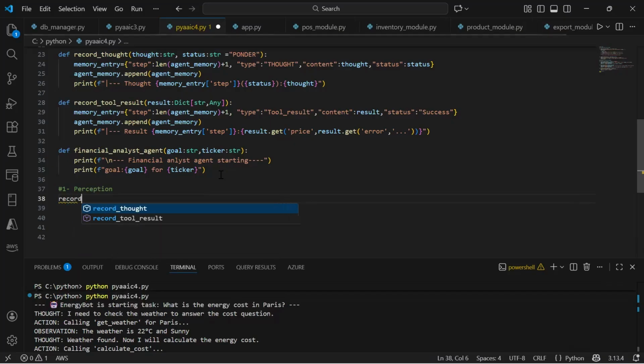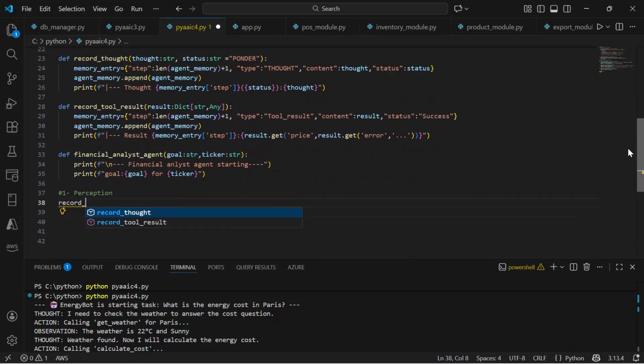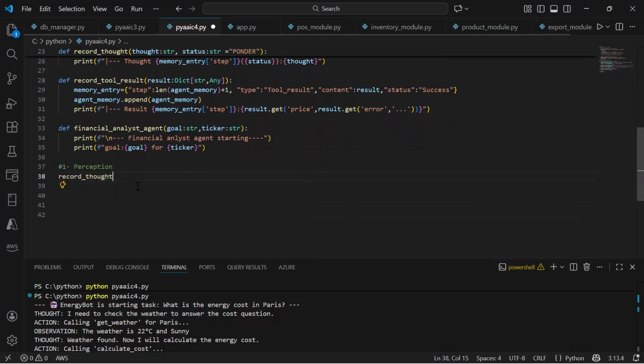So we'll create record thought. If you remember, we had created this record thought function, and we will pass our values. So first value we'll pass is